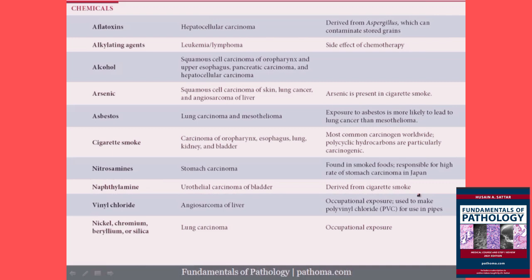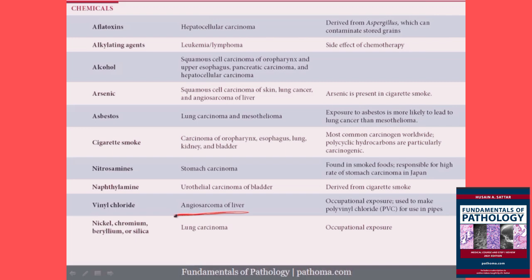Vinyl chloride is associated with angiosarcoma of the liver. And this is important because it was an important epidemiological study that determined this association. Basically, there were a group of workers that were exposed to vinyl chloride, and a large number of them developed angiosarcoma of the liver. That occupational exposure was well studied, and so therefore it makes for a high yield question. In particular, those workers were using vinyl chloride, and you know that vinyl chloride is one of the substances